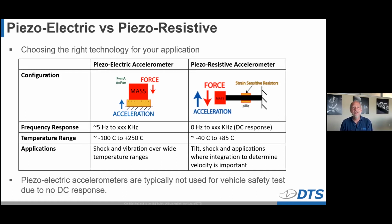And so that's what we call DC response, or down to 0 hertz. And then you can vibrate that beam and it'll have some frequency response up to a certain frequency level. And then there might be some resonance points, which we'll talk about. These are good for tilt applications, for shock applications, and most importantly for vehicle crash testing and biomechanics injury calculations